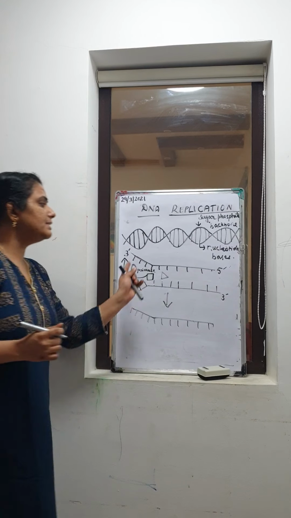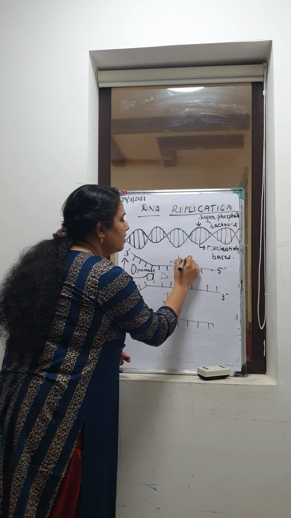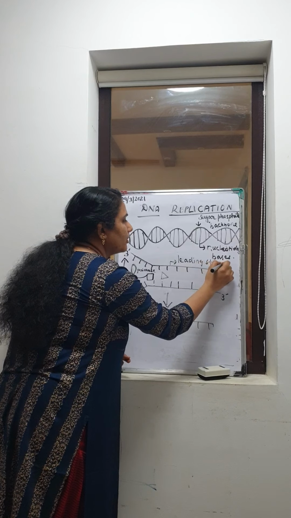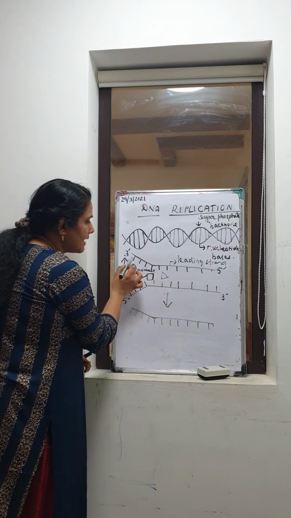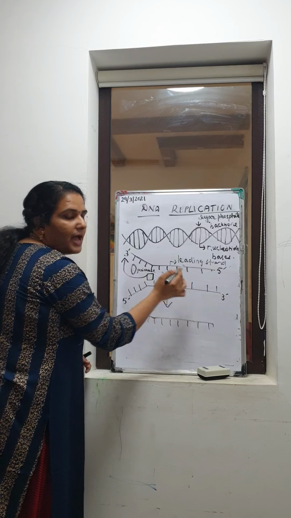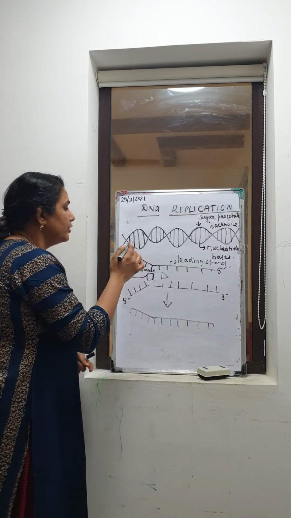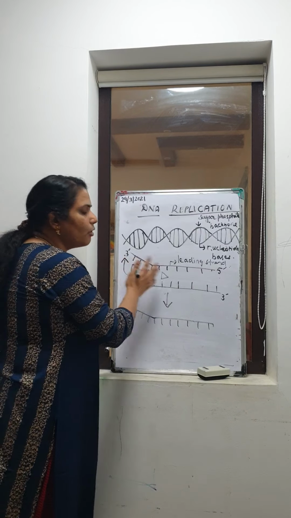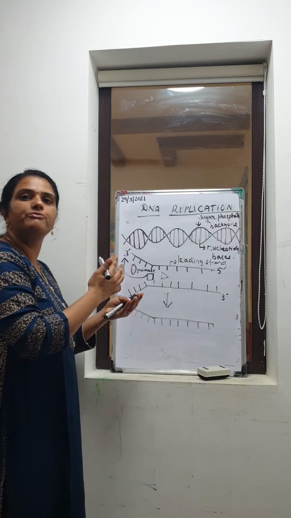Now you can see here I am just taking this first strand. This first strand is called the leading strand. Why do we call it the leading strand? This helicase is going in this direction, 3' to 5'. As well, the DNA polymerase is also going to add its nucleotides in 3' to 5'. So there is no controversy at all. It is very clear, and the leading strand is simply formed like that.